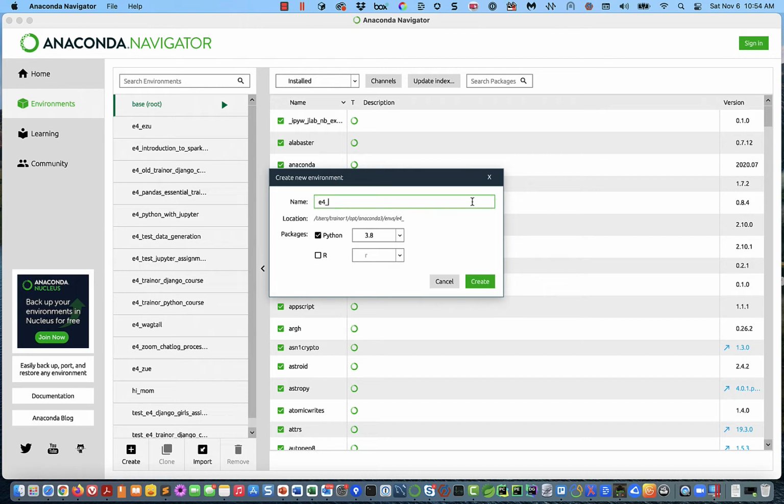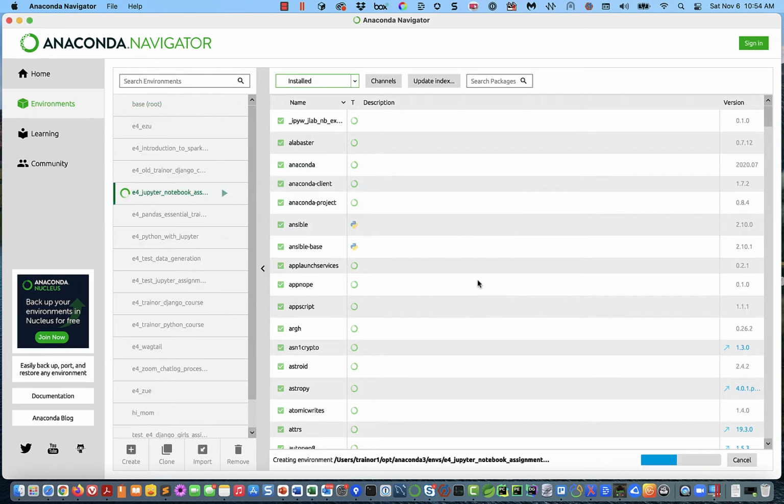So in snake case, E4 Jupyter with a Y notebook assignment. There we are. Python 3.8 is just what we want,